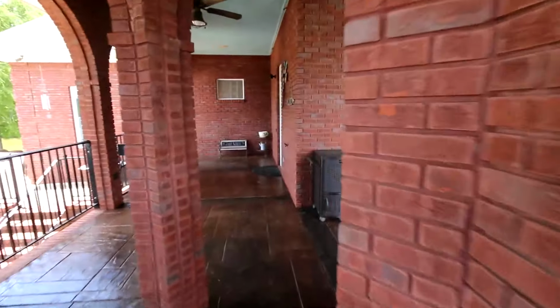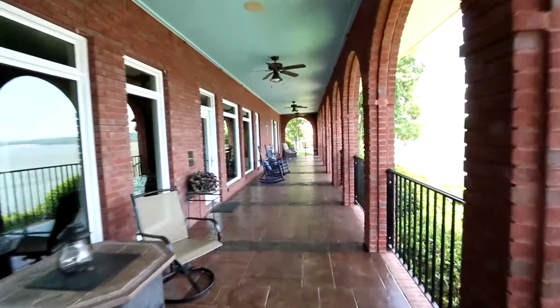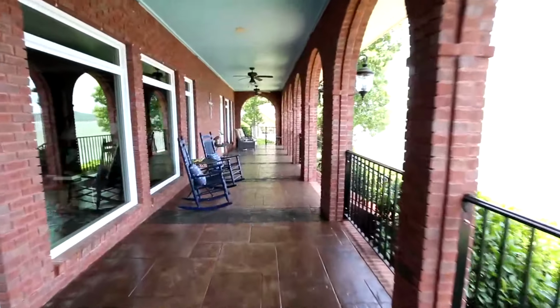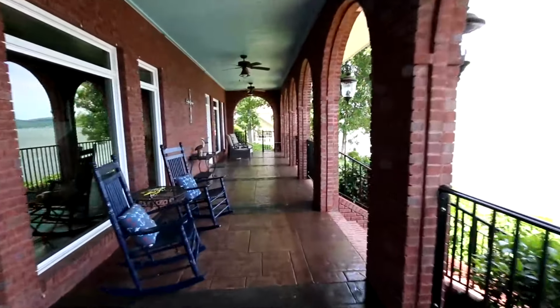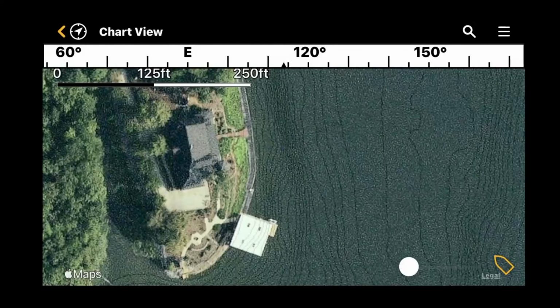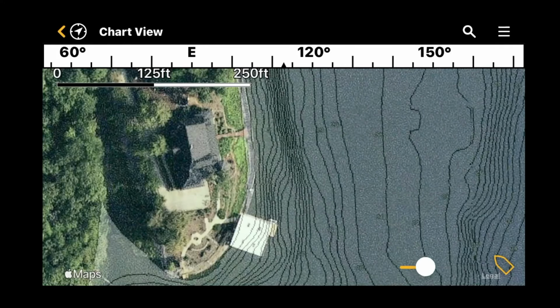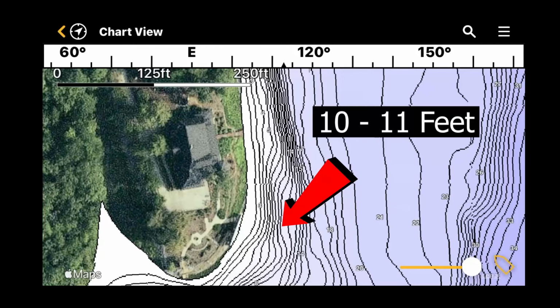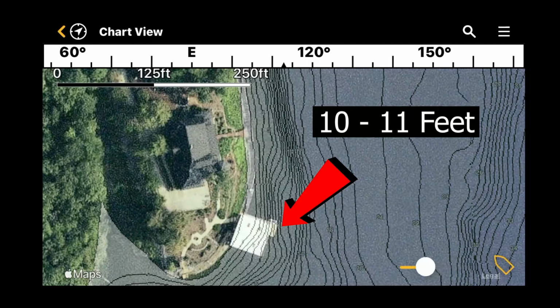Just well thought of, well maintained. Again, you expect a home on the lake in this price range to have all these details, and you do. This is a beautiful home, well built. You couldn't replace the home and the waterfront for what we're asking for the property, and that information's down below in the text and a link to it. But it's 10 to 11 feet there by the boathouse, and on around